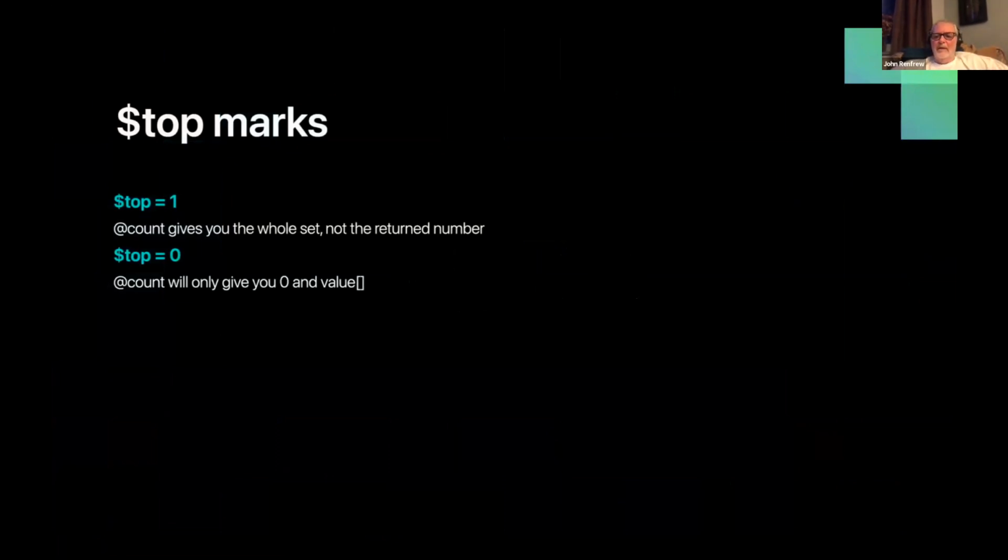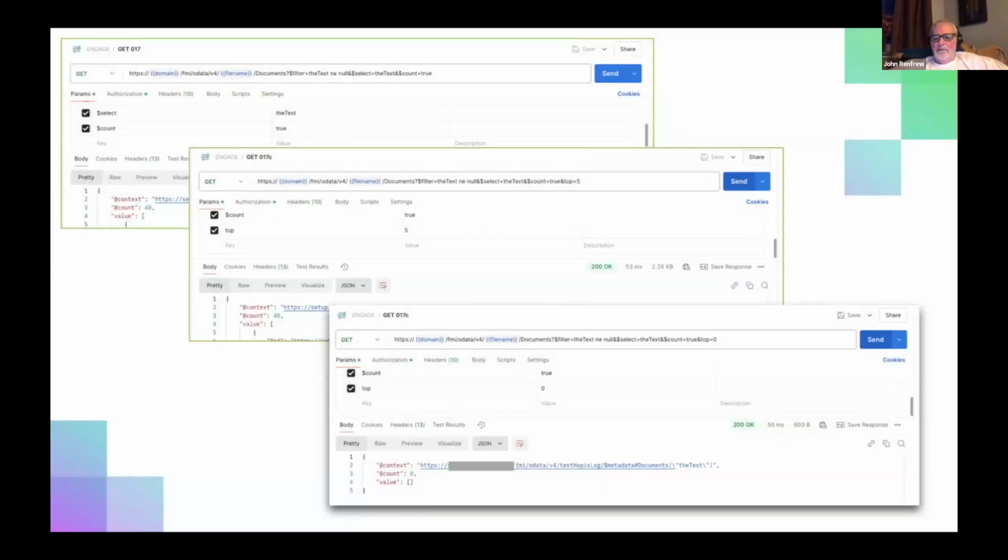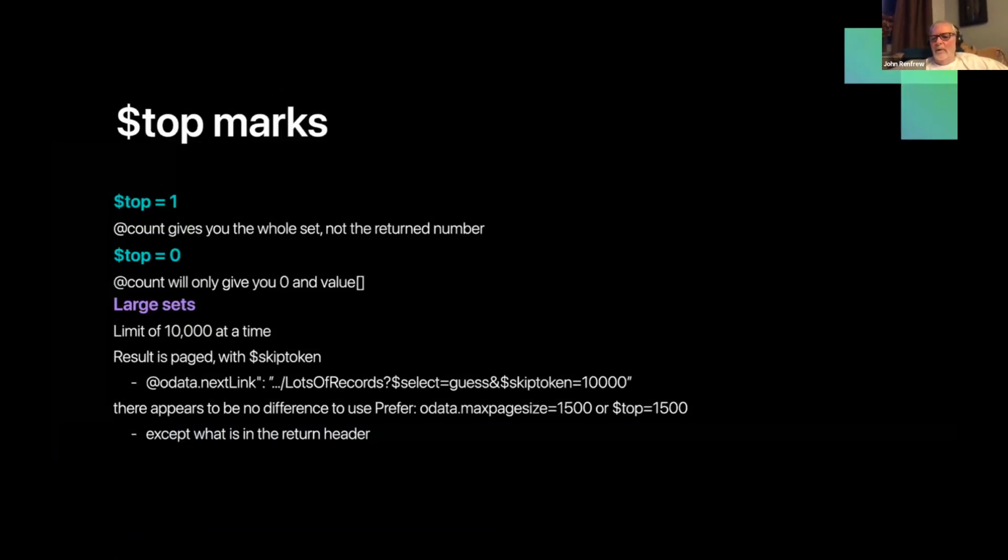If you're used to doing SQL queries and you want to limit the data that you get back, and you're doing OData, you've got that experience, then the top keyword will limit how much data you get back. The very interesting thing is that if you're adding the @count equals true to say, hey, I'd like to get back a counter with this,